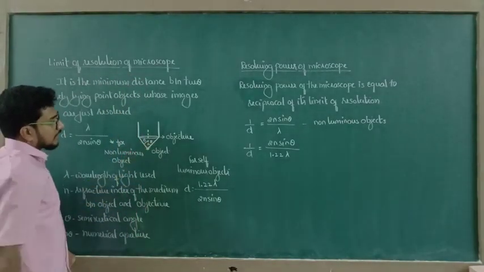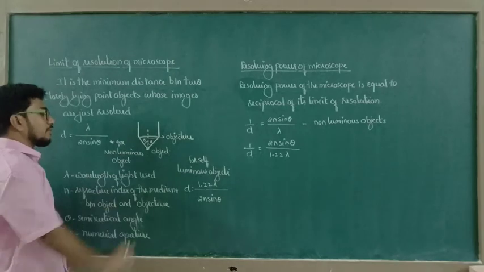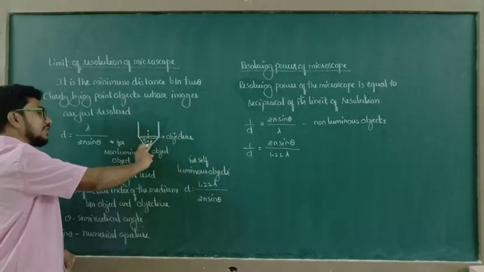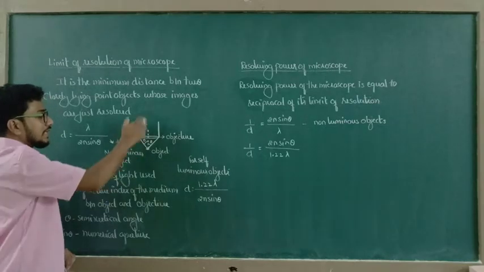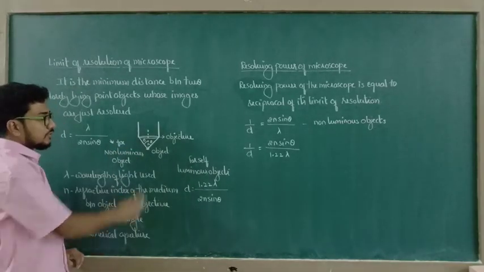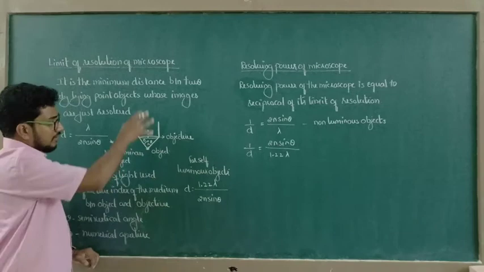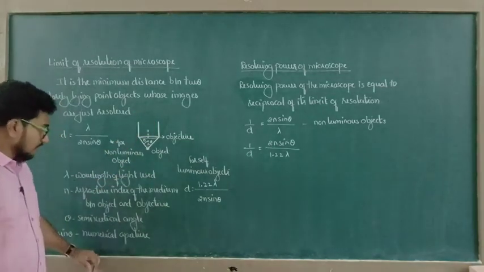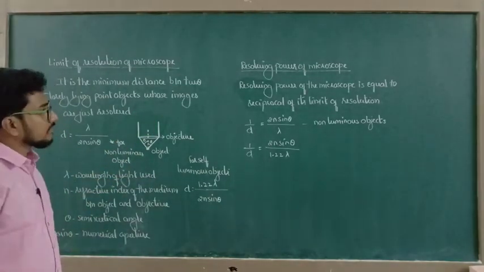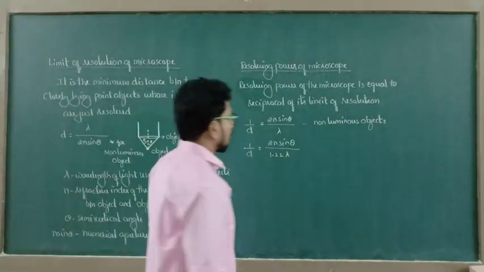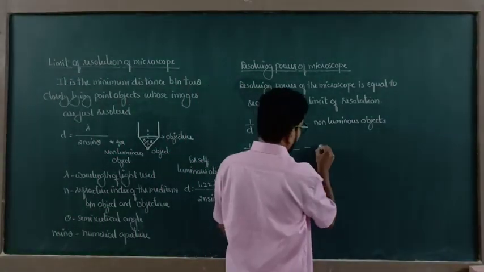In our annual exam, in our computer examination, they are going to provide the total angle. Suppose this total angle is equal to 4 theta, then the semi-vertical angle is 4 theta divided by 2, which is equal to 2 theta. Like that you should do the calculation. So this is for self-luminous.